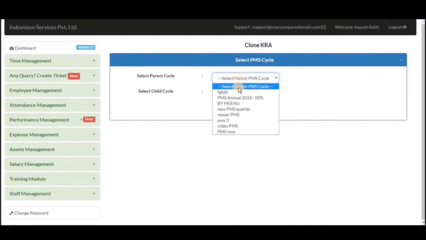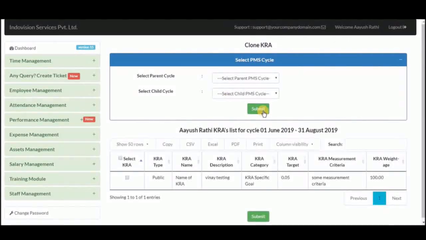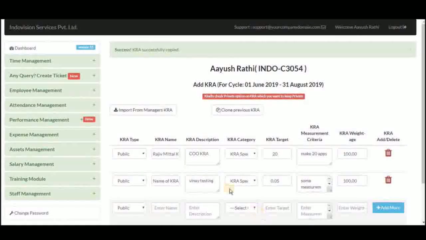Select parent PMS for here, child cycle, and submit. This is the KRA of same time period, but we can also clone a older KRA. Select it from here and submit. Here it is. Or we can fill up these fields like enter KRA name, description,